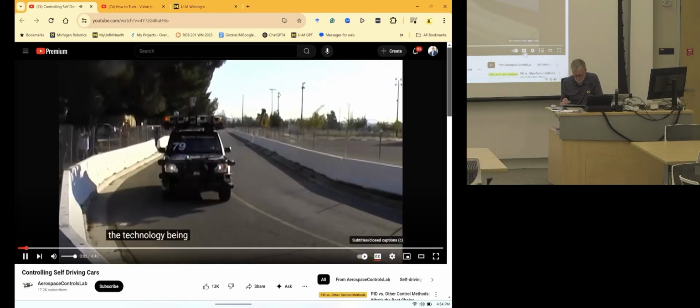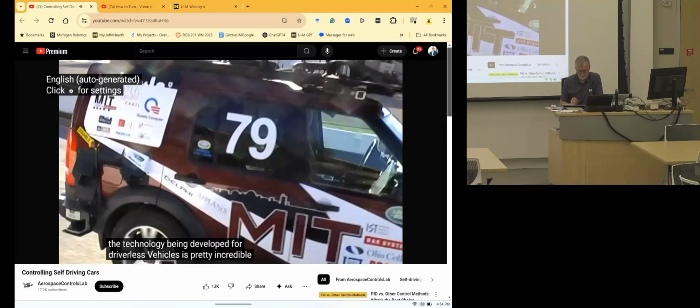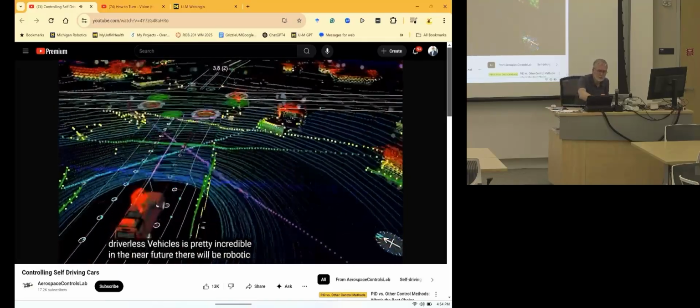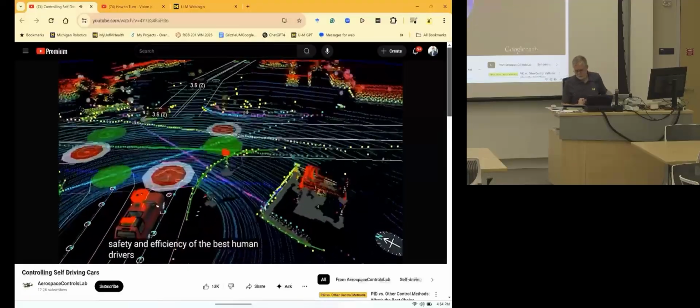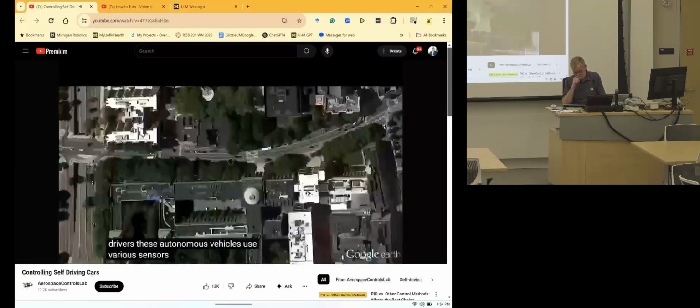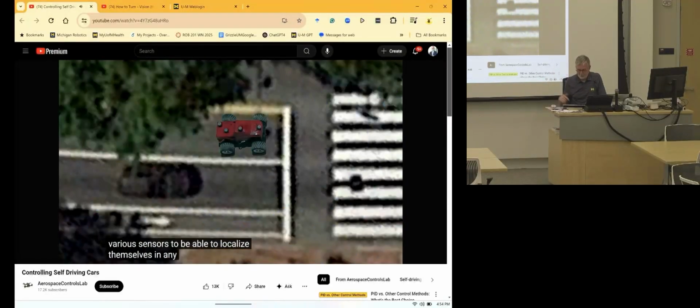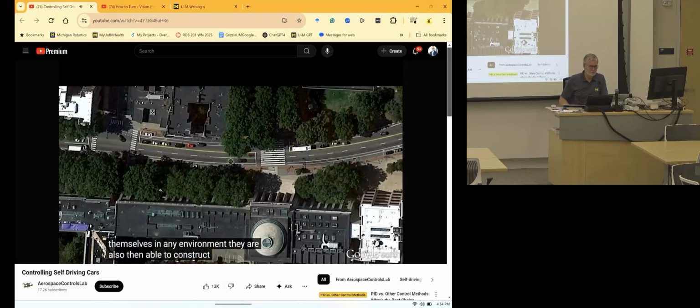The technology being developed for driverless vehicles is pretty incredible. In the near future, there will be robotic cars traveling on normal roads with the safety and efficiency of the best human drivers. These autonomous vehicles use various sensors to be able to localize themselves in any environment, and detailed plan to get from their current location to any desired